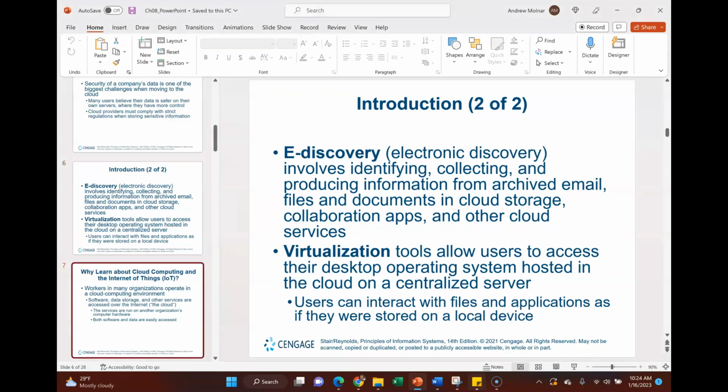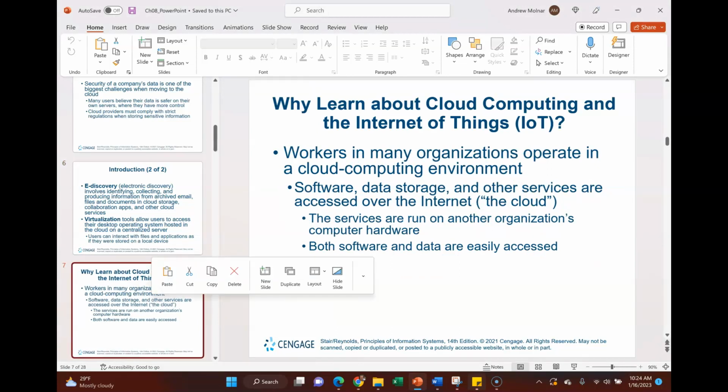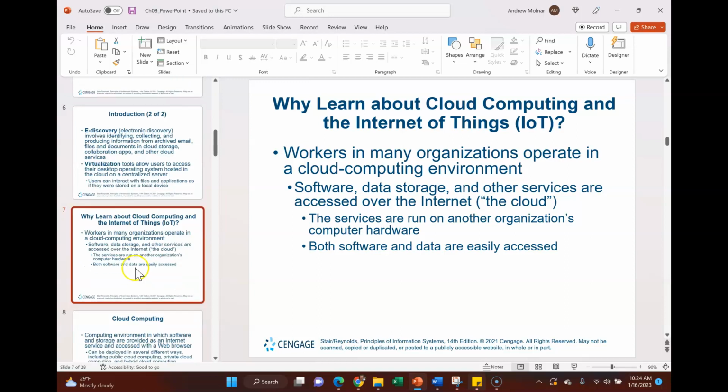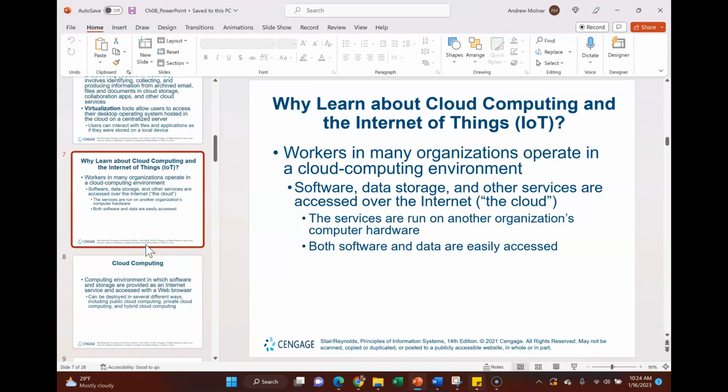Okay. And so basically, why learn about cloud computing and the Internet of Things? Well, in the end, it's the world we live in. It's a world of quality control. It's a world of convenience. It's a world of instant updates and corrections, right?